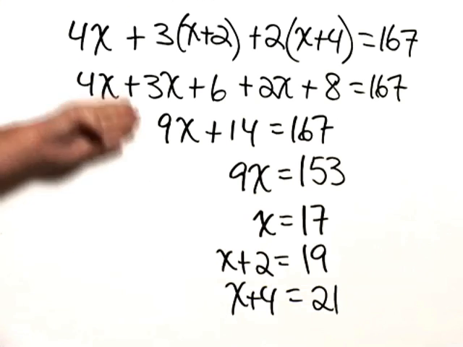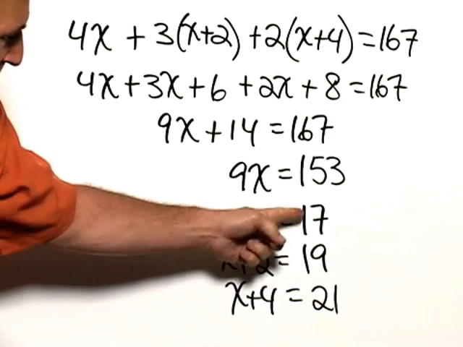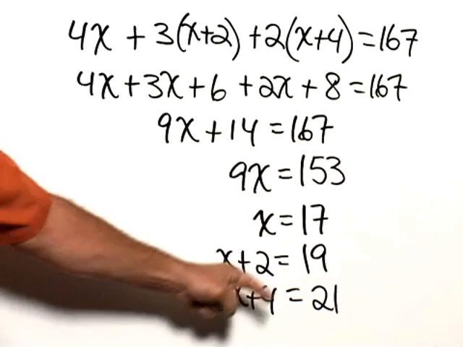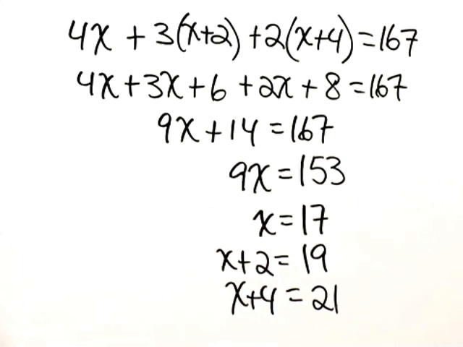We've just carried out the problem that is solved for x, which is the third step in the process. The fourth step is to check your answer. So we know that we have consecutive odd integers. We would just have to check that the information in the original problem, which is that the sum of 4 times the first plus 3 times the second plus 2 times the third adds up to 167, and it does,